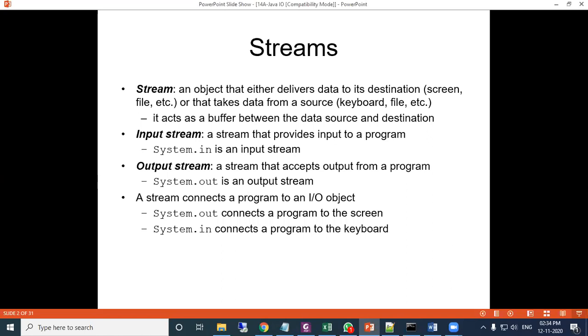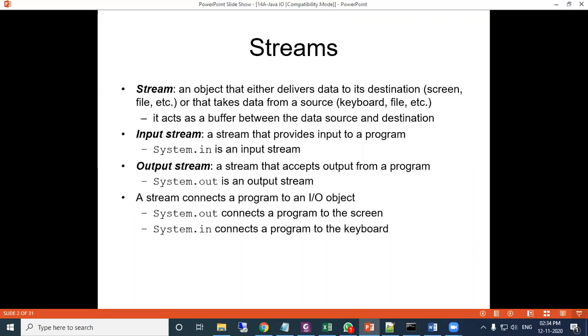First, let us discuss what is a stream. Stream is an object in Java. Stream means a sequence of bytes.